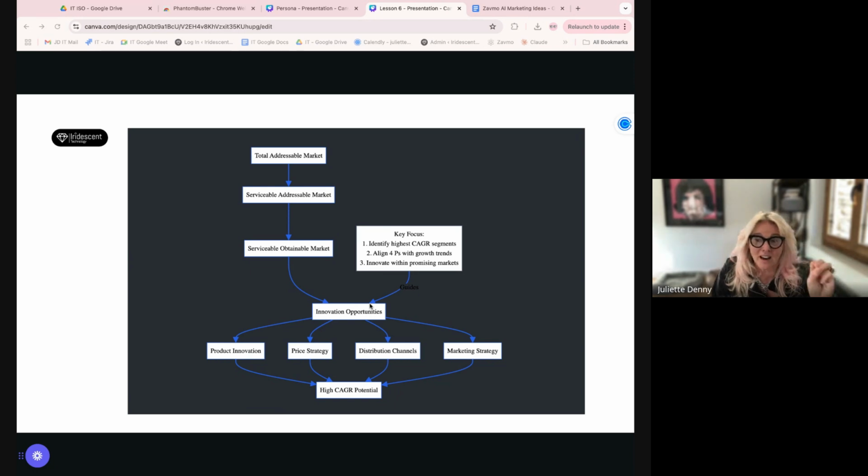So if you just look at AI, the impact of AI on our business, obviously we've been able to create AI products from the ground up. That's fantastic. We've been able to market into that. So all of my thought leadership now has to do with AI and how it impacts human development. We've been able to maximize pricing because the growth rate of AI is much higher than in other sectors, so we're able to get bigger margins, and obviously place is the same, but we are able to do B2C as well as B2B.